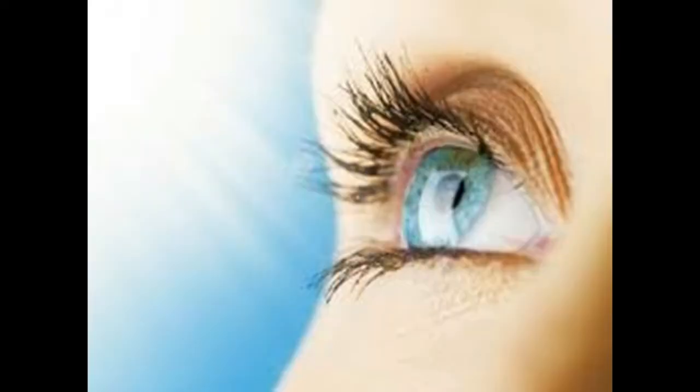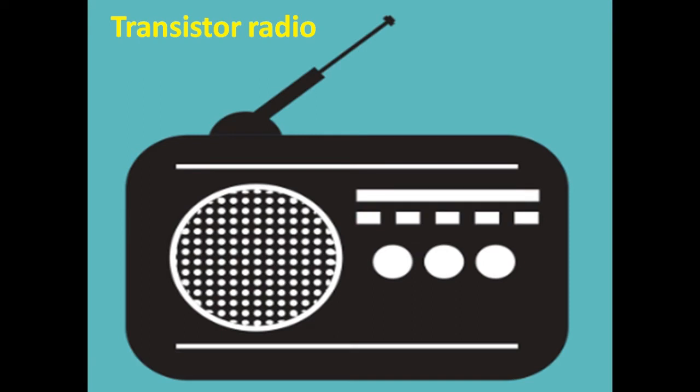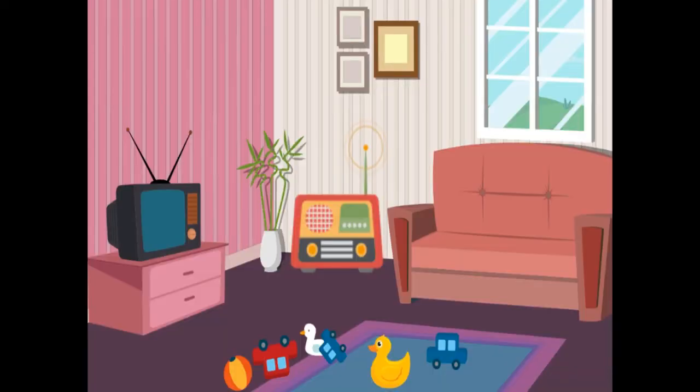I see, but how do we know that radio waves are always around us? Simple. There are lots of equipment that can be used. A common one is the transistor radio, which we usually use to listen to news. Yes, when I'm listening to news on my transistor radio, it's because my transistor radio has detected the radio waves. That's correct. And do you realize that you can even detect several of those waves from the comfort of your home? That's true, Sensei.